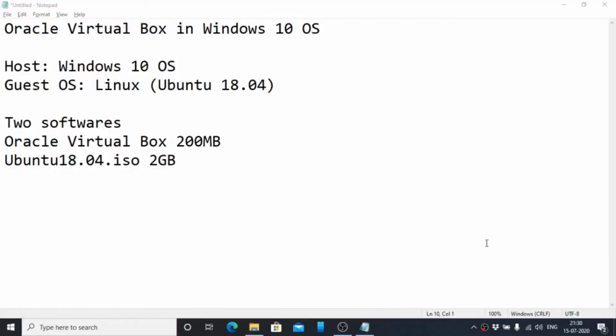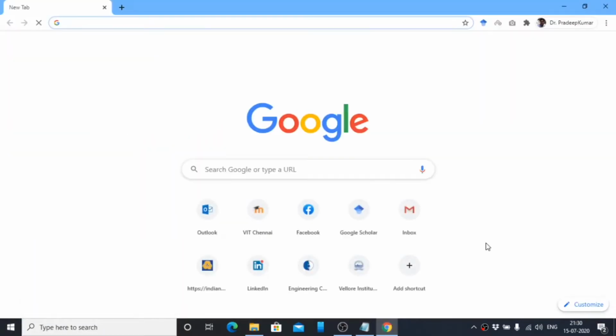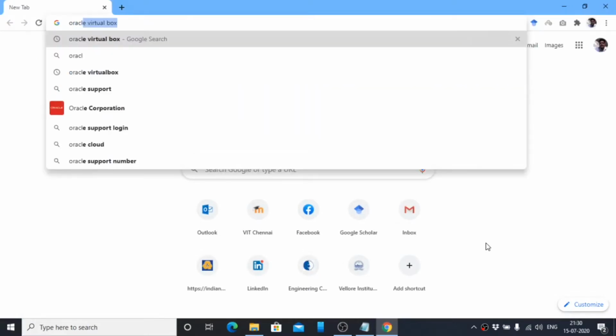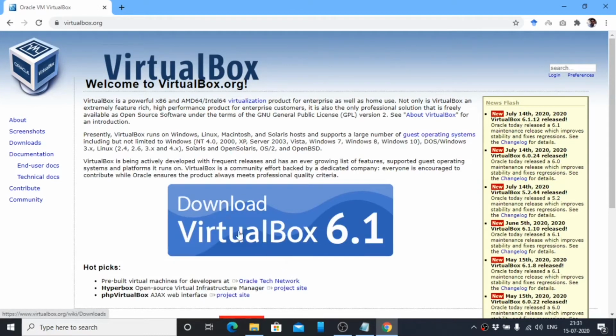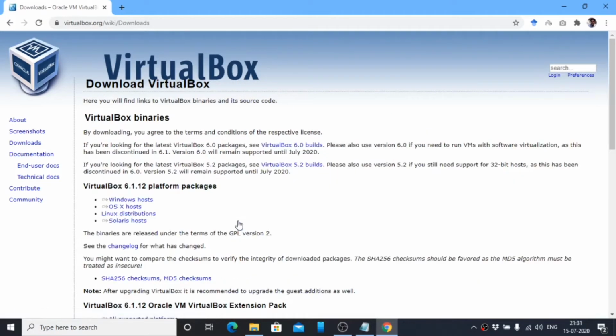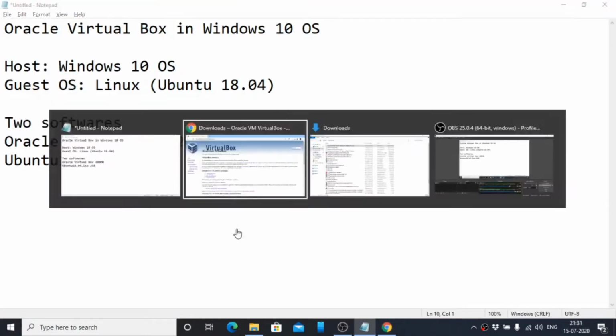I'll go to Chrome and search Oracle VirtualBox. Once you type it, click Oracle VM VirtualBox. Here we have Download VirtualBox 6.1. After you click download, it asks which host you want. As I already told you, you are on Windows, so we need this host.